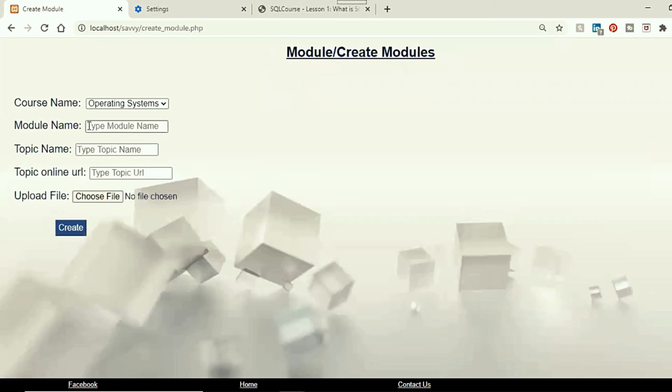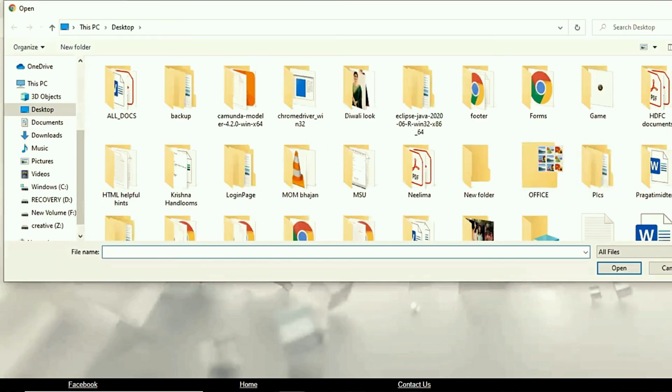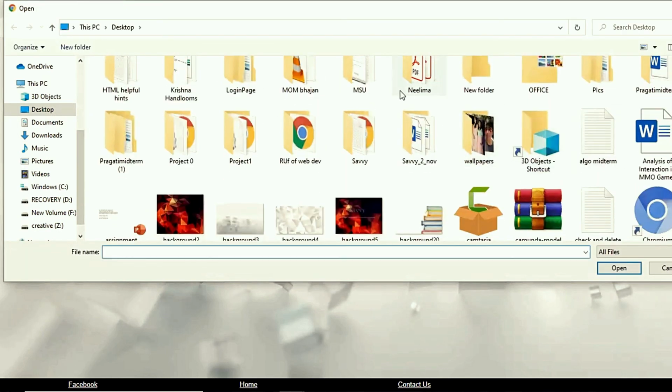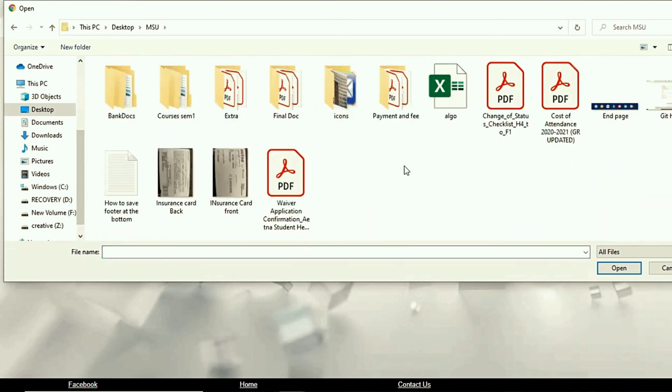In the create module, the other option which we have is, let's create one other module with the name of SQL, and the topic name is chapter 1. And I don't want to give any URL this time. I want to upload a file. So I need to click on the upload button. Here I can give anything. I can upload the Excel file, I can upload the PDF files, I can upload